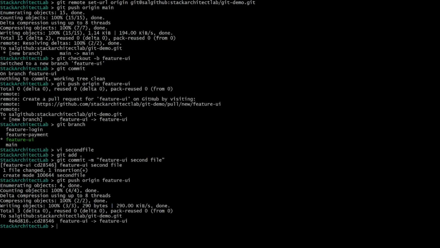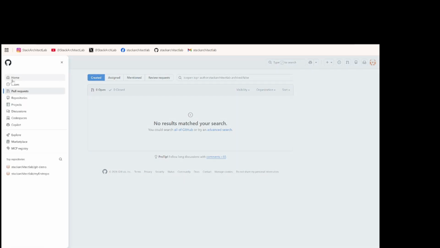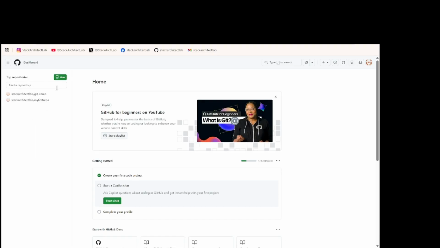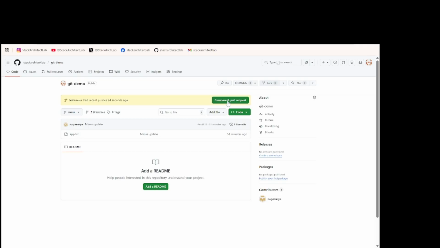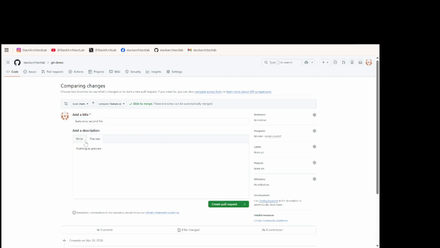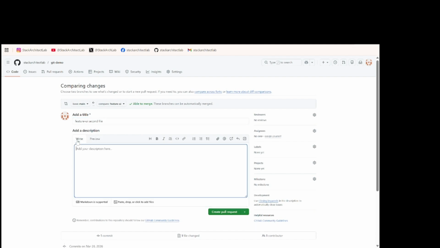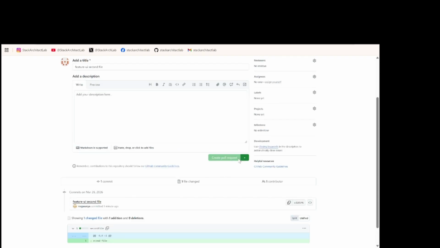and now what I am supposed to do is I need to see that what is the situation at my repository site. Okay, so again I will go back here. I will go to the home. I will see, okay, where is my repository? I will say this is my repository here. In this repository, you see compare and pull request now button is coming. So I will say compare and pull. Earlier when I was showing you, it was not coming, correct? So now if you see here, compare and preview option, you see here, it is showing me. And if I go like this, you see like it is showing. And then if I say create pull request,